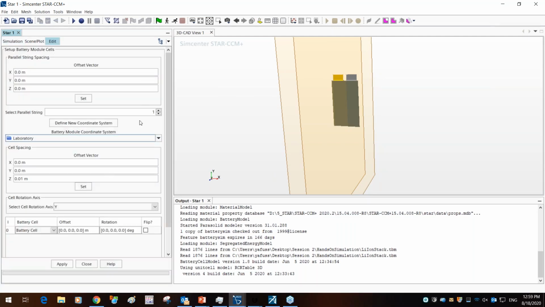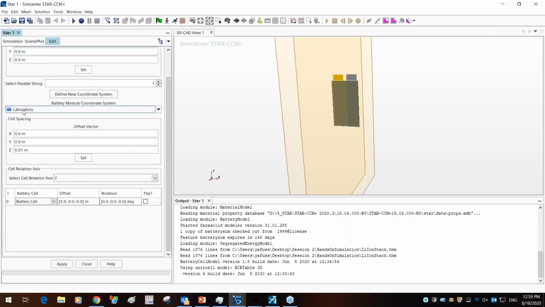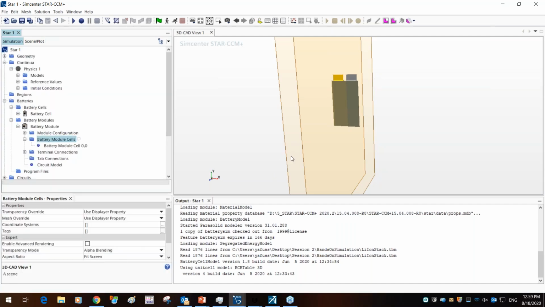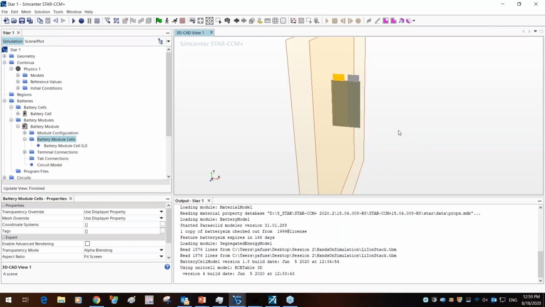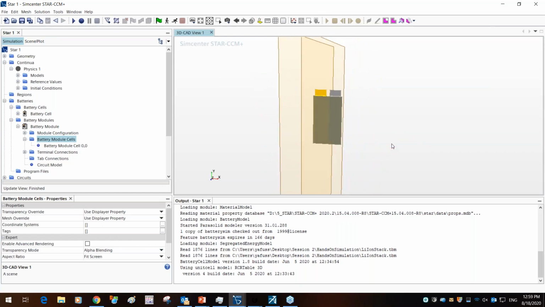This is where you can define the spacing in parallel and the spacing in series between the different cells if required. You can flip and rotate them in case you want various other configurations where you want to connect the positive and negative of a different cell in the same section. So in this simulation, we're just going to start with one single cell, and then we'll expand that into a series of 3 cells.